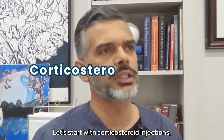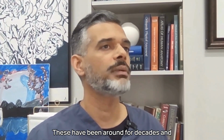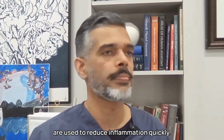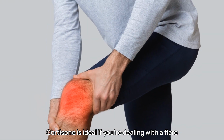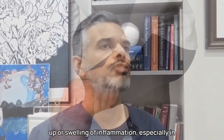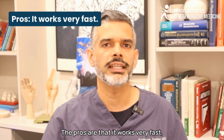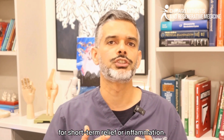Let's start with corticosteroid injections, often called cortisone or steroid shots. These have been around for decades and are used to reduce inflammation quickly. When should you use this? Cortisone is ideal if you're dealing with a flare-up or swelling of inflammation, especially in conditions like rheumatoid arthritis or gout. The pros are that it works very fast, usually within a few days, and it's great for short-term relief